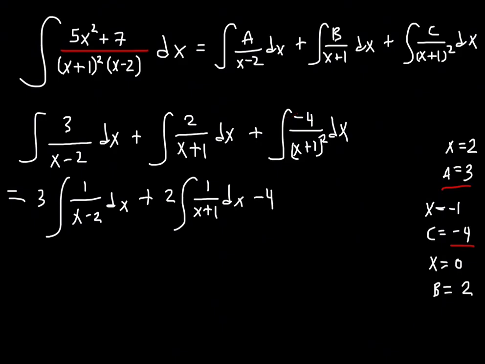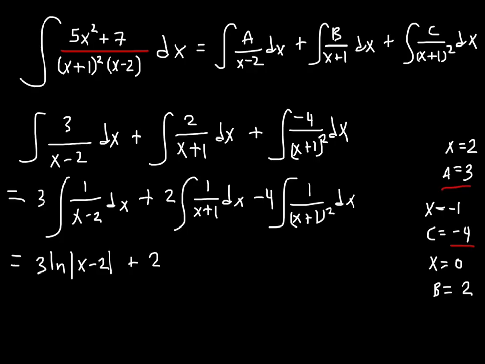This gives negative 4 times the integral of 1 over (x plus 1) squared dx, which gives 3 times ln of the absolute value of x minus 2 plus 2 times ln of the absolute value of x plus 1